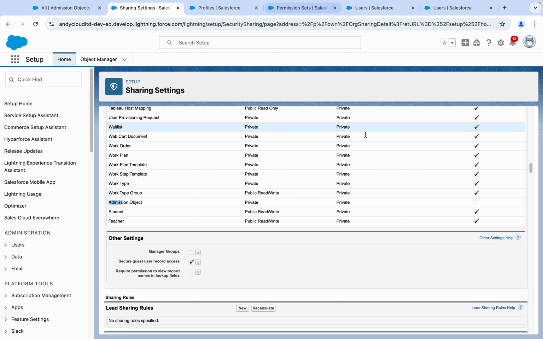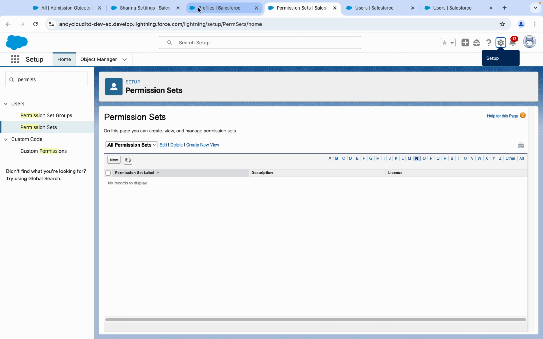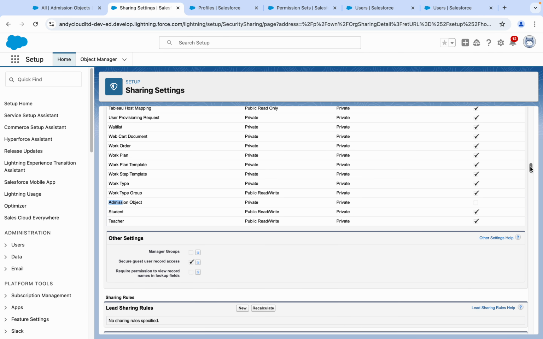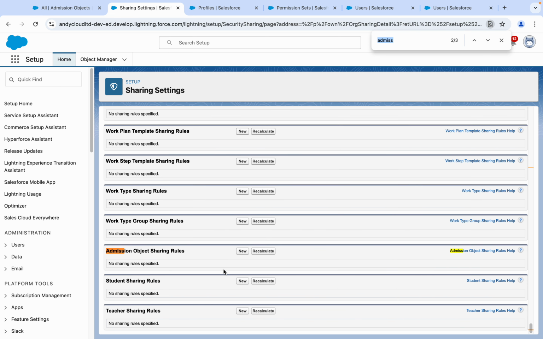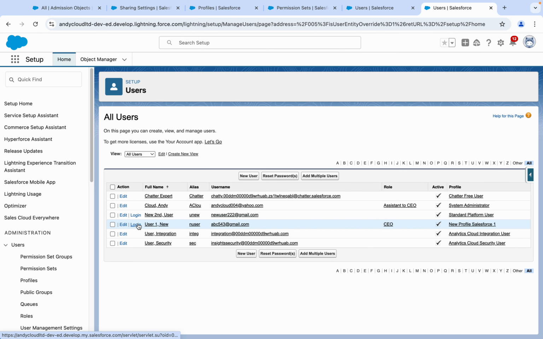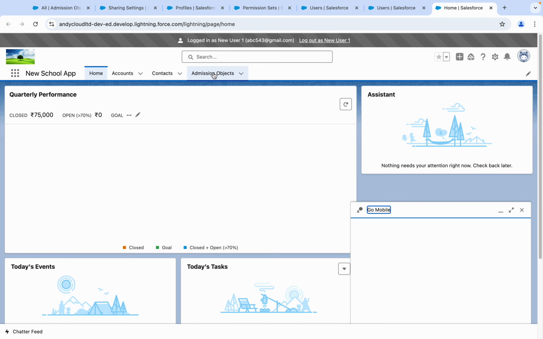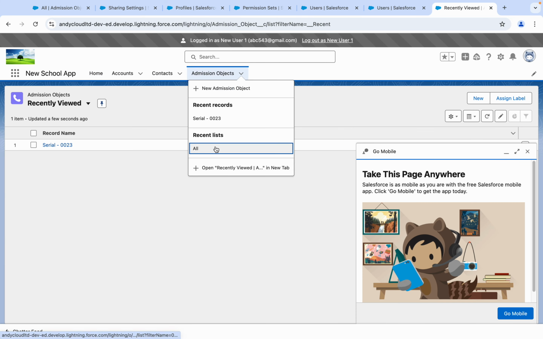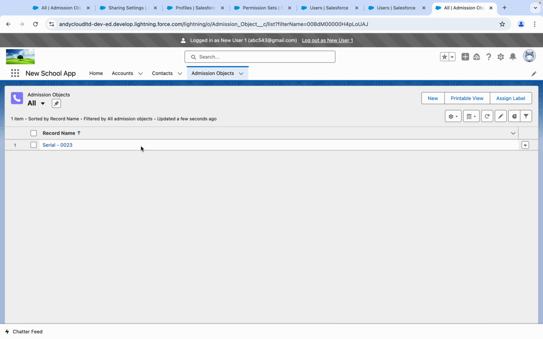Now let's see the sharing rule. So there is no sharing rule here. So now the customer has only basic access. Let's see first the basic access. So customer, click all. The customer is able to see only records created by himself. That's it. So now how will manual sharing work?